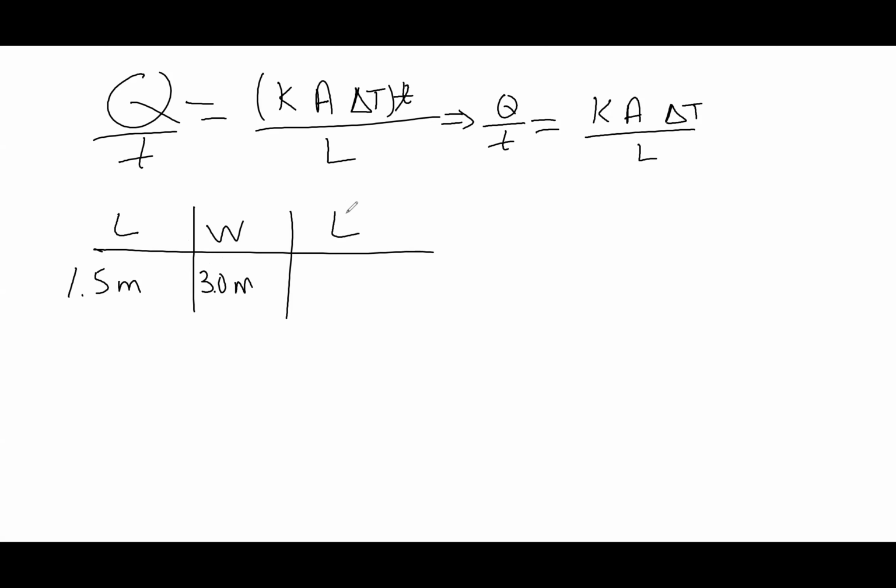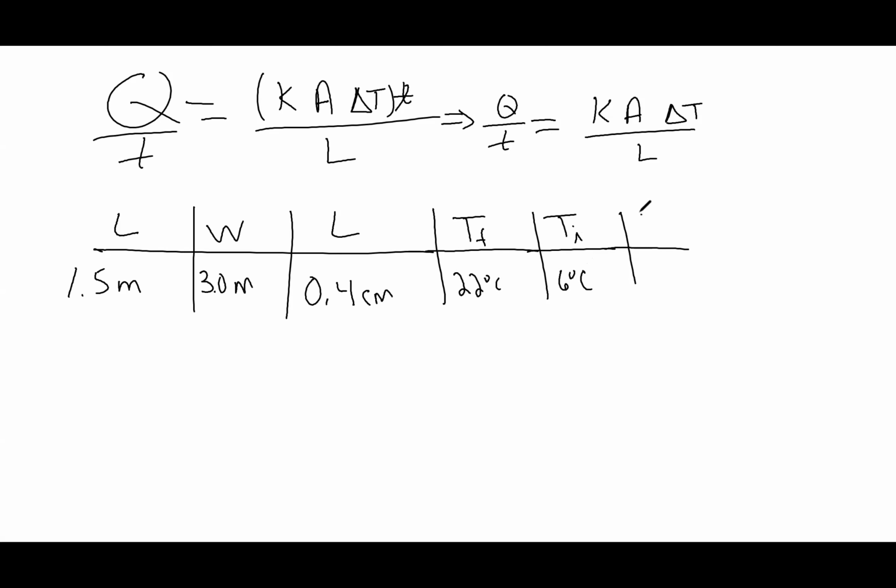So the thickness is the length, 0.4 centimeters. When the inside temperature, the final temperature, rises to 22 degrees Celsius, and the outside temperature is 6 degrees Celsius, and it gave us the value for K, the thermal conductivity for glass, and it says that value is